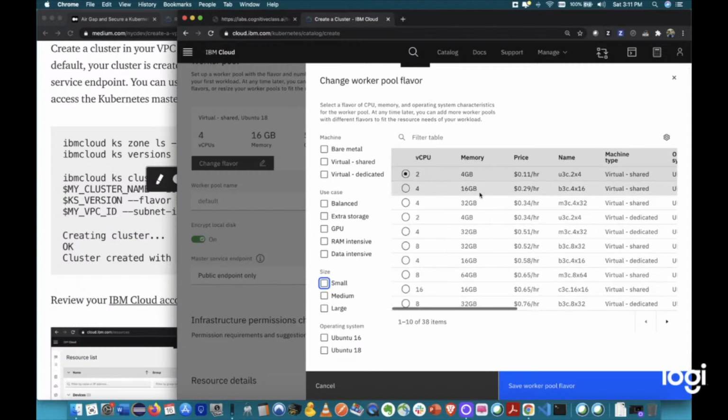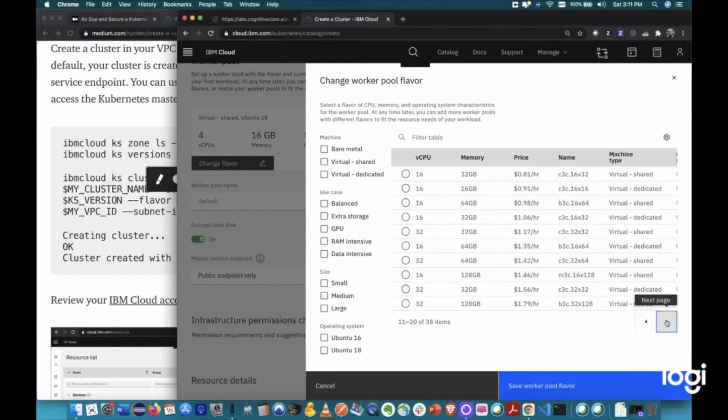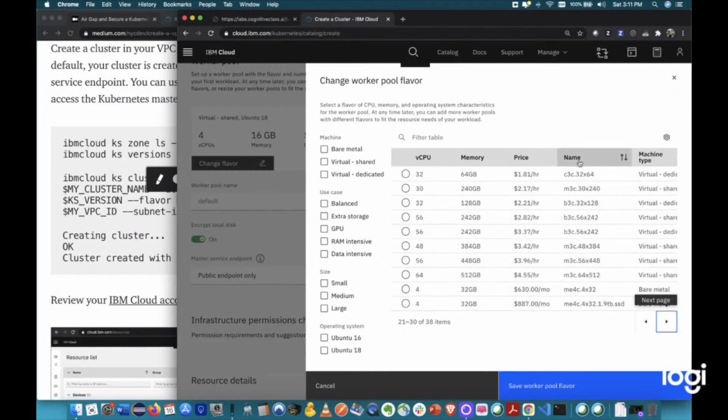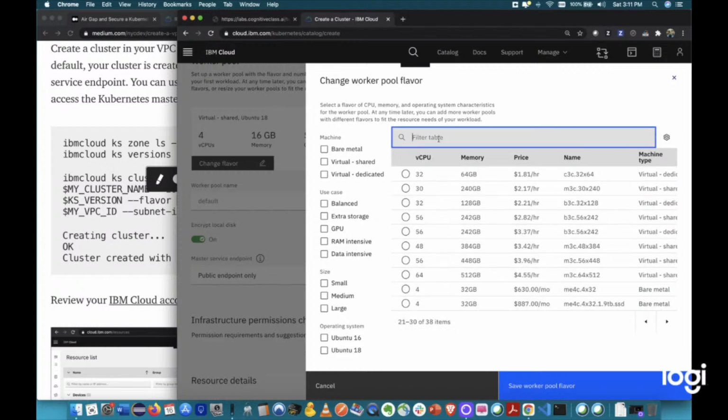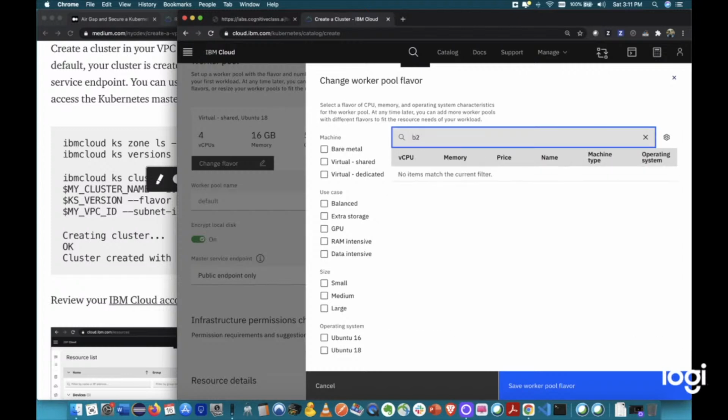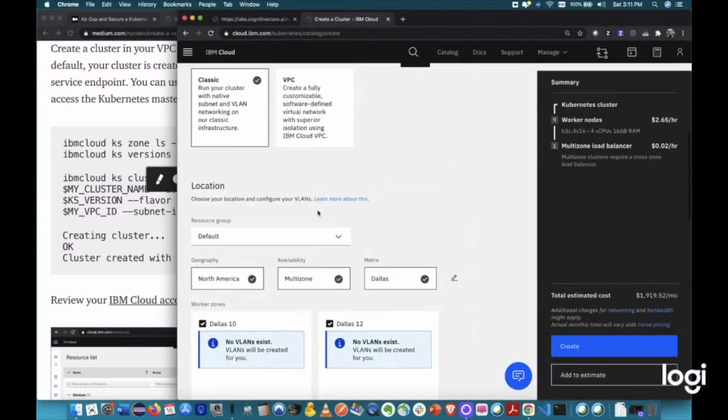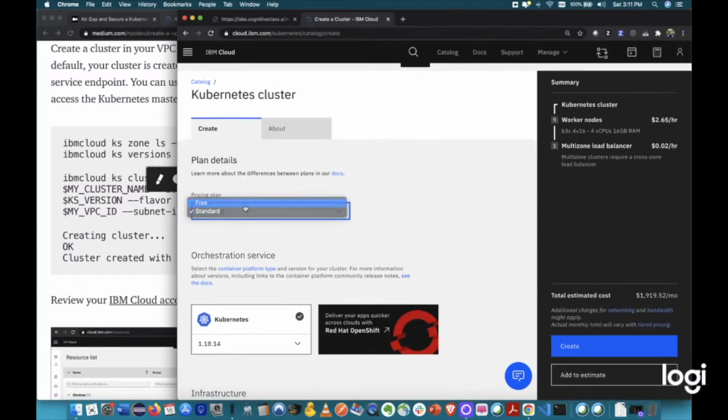Oh, it's not listed in this table. Oh no, wait, this is not the end of the table. It's actually, I don't see it listed here, so we can filter the table for B2. Yeah, it's actually not listed here, but I bet that if I go back up and change it to free,